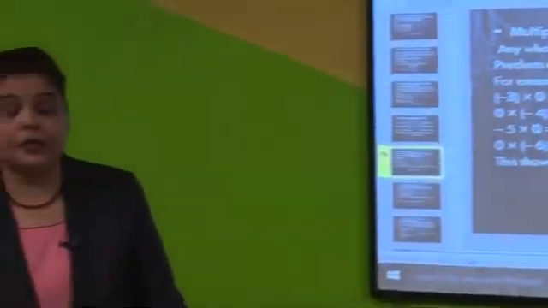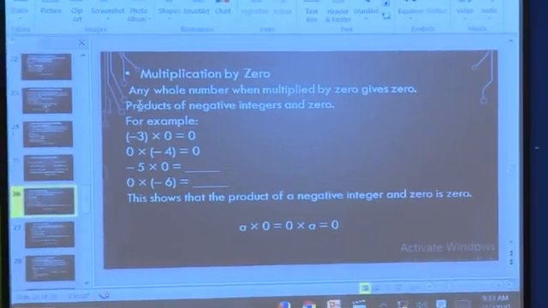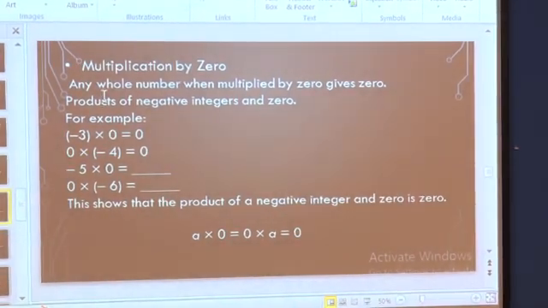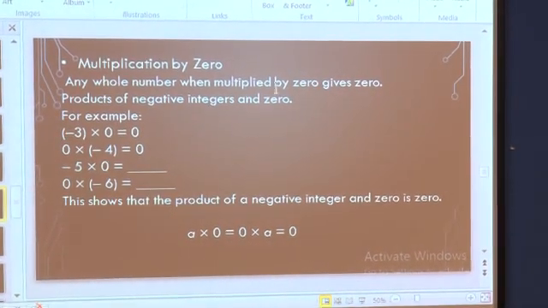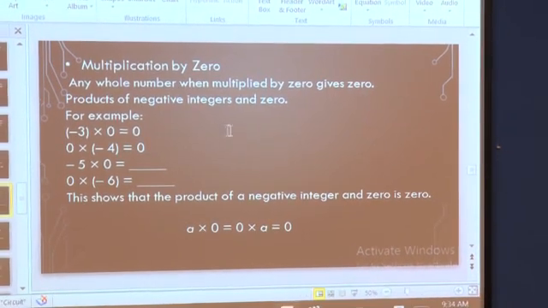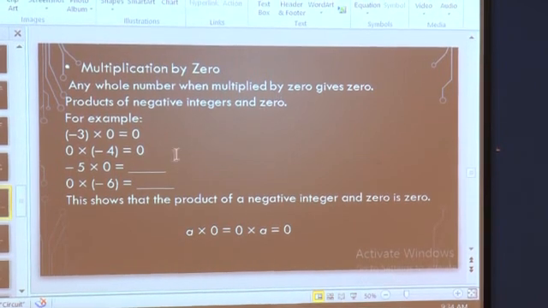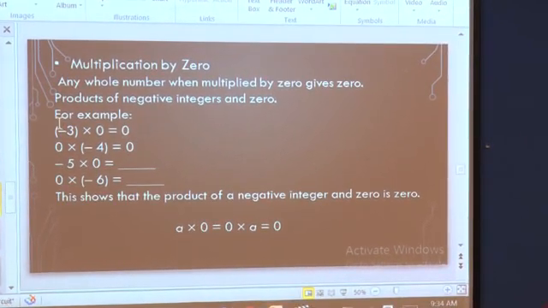Now, multiplication by 0. You know very well, we had learned in the previous topic about addition with a 0, and now we will learn about multiplication by a 0. So, any whole number, yes, very good, 2 into 0 is 0. Any whole number when it is multiplied by a 0 gives 0. Or we have to find, is it possible for the integers also? Yes, the product of a negative integer and a 0. So, here we will get 0 everywhere: when we multiply a negative integer with 0, it is 0.